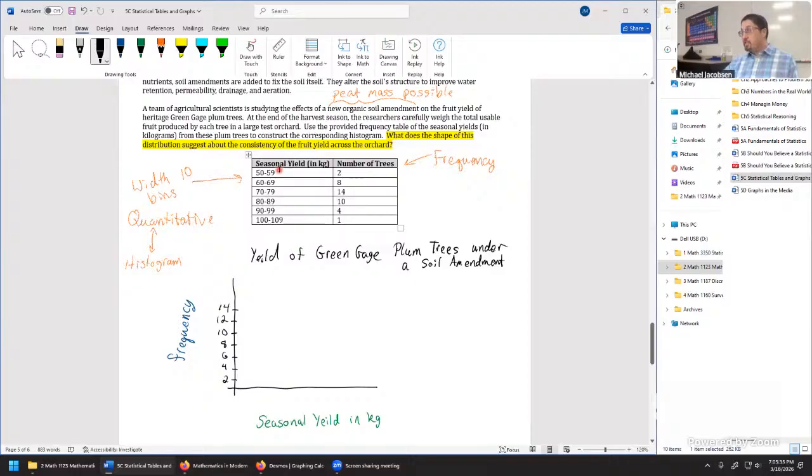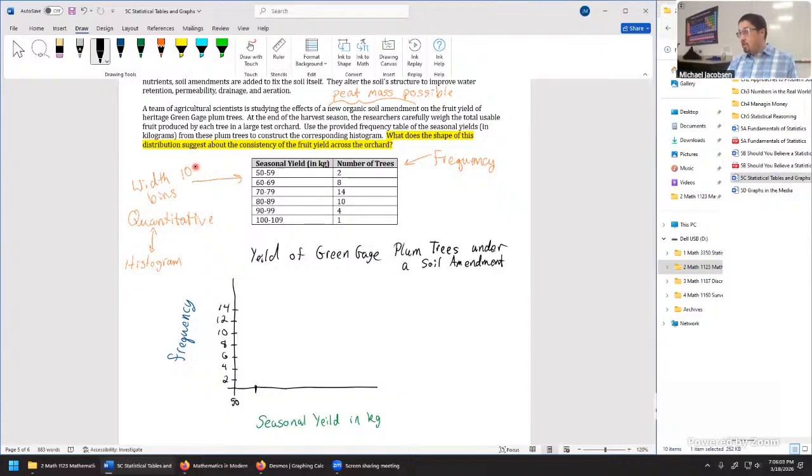Next thing we're going to do is use these bins, represent them on this horizontal axis, and then start using the frequency to build the rest of the histogram. One thing that's a little bit interesting here is, notice how these are binned at width 10. We don't necessarily say that this is the origin, that we're starting at 0. We would probably say that this is 50. We're going with bins at width 10, the next tick mark